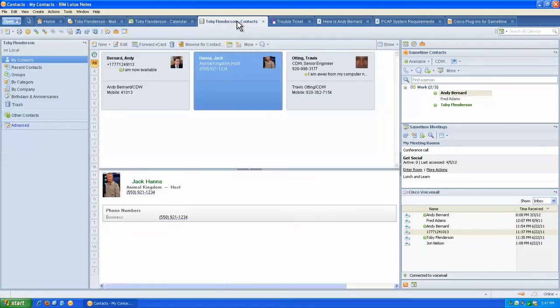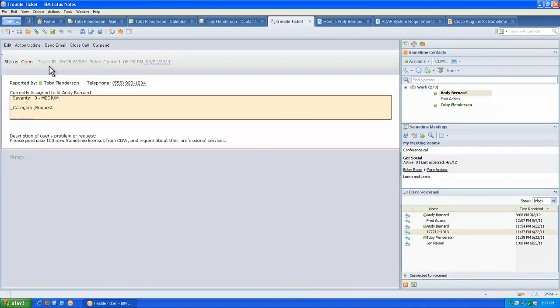If I go to my personal contacts, and let's say I have a person in my contacts here who's not an employee, so their information is not in our LDAP, I can initiate a phone call to them directly off of the live text from their contact card. In that trouble ticket, I showed you being able to do click to call from the phone or from the